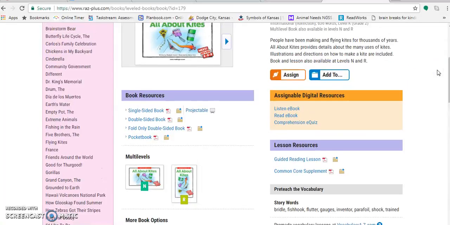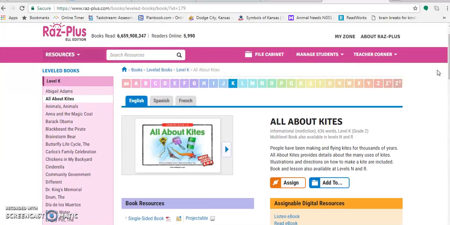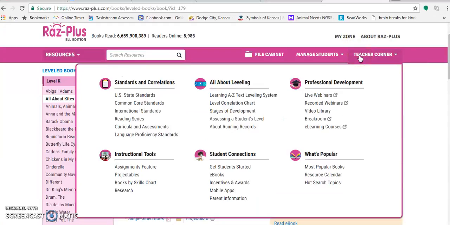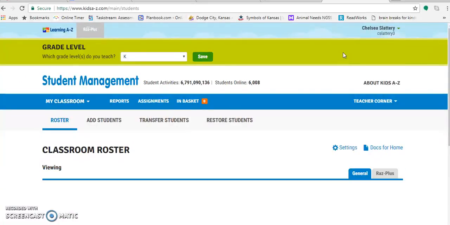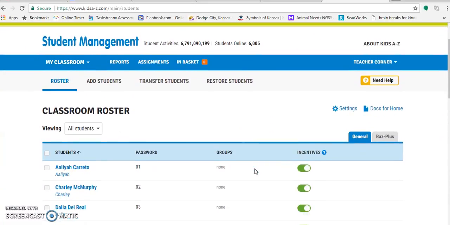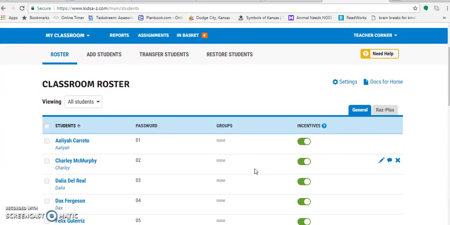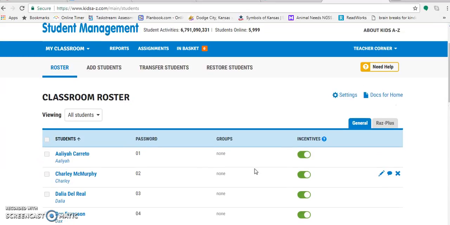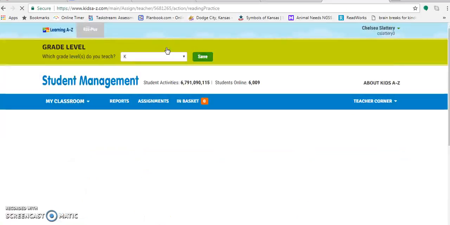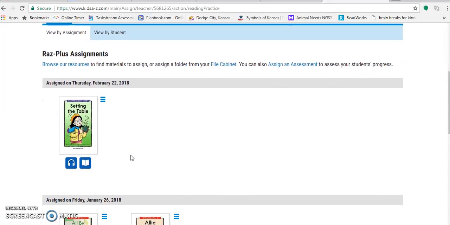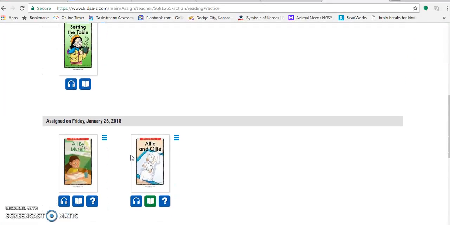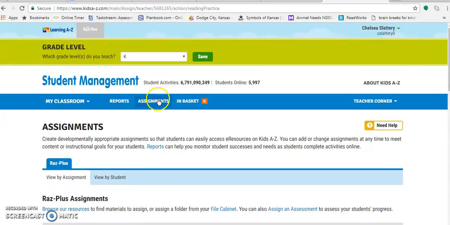You can create an assignment all alone. So say I want to go into manage students, and this is where you can say yes to incentives, which is they can go to a virtual store, and all this information is there. So you can set an assignment, and right now I only have that one and that one, but maybe